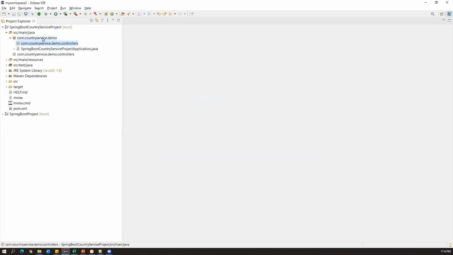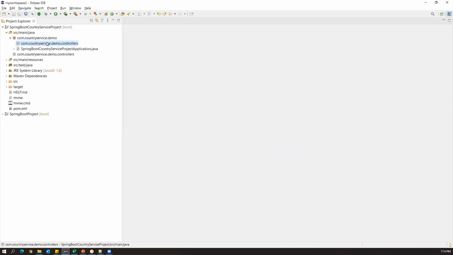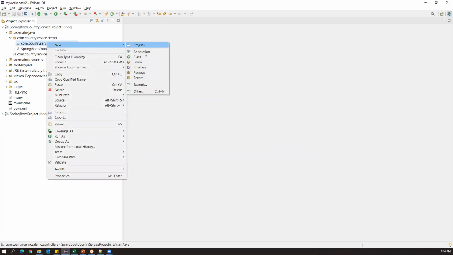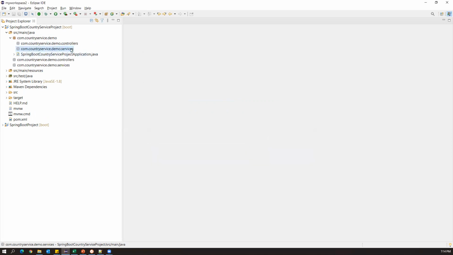Let us create one more package. What is the next component? Service. All the services we have to keep in one more package. Let's create another package, not inside controllers but in the same main package, com.countryservice.demo dot service. Here we'll keep all the services. So this is another sub package.